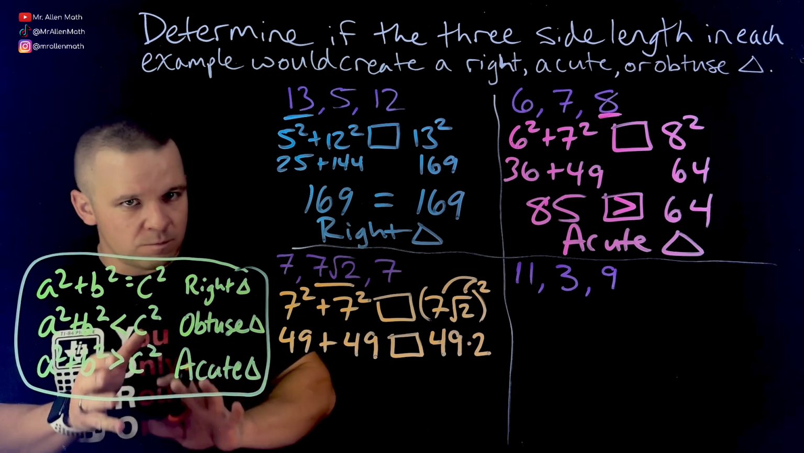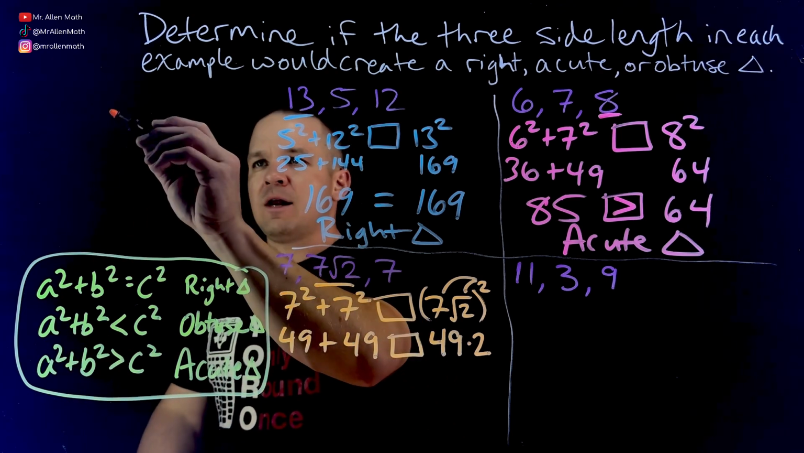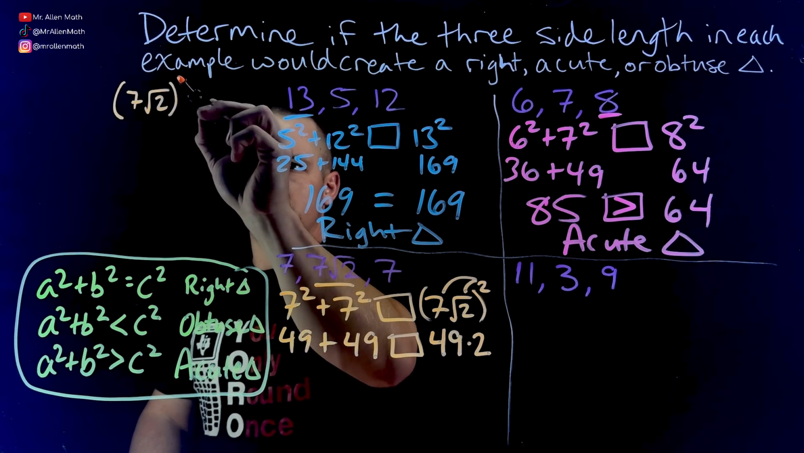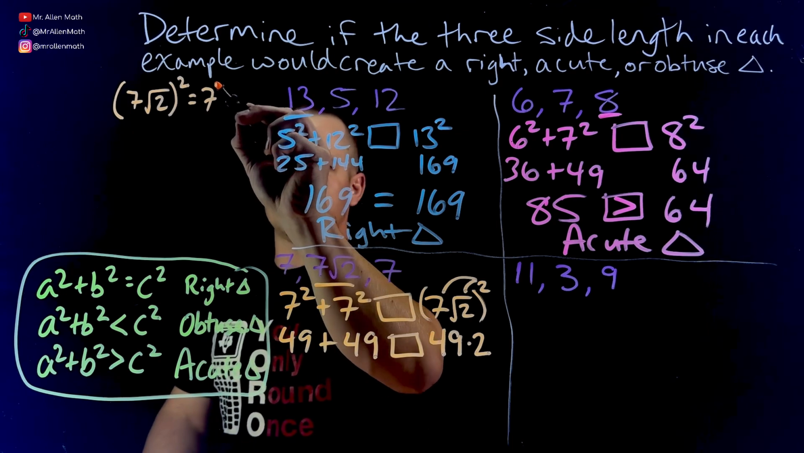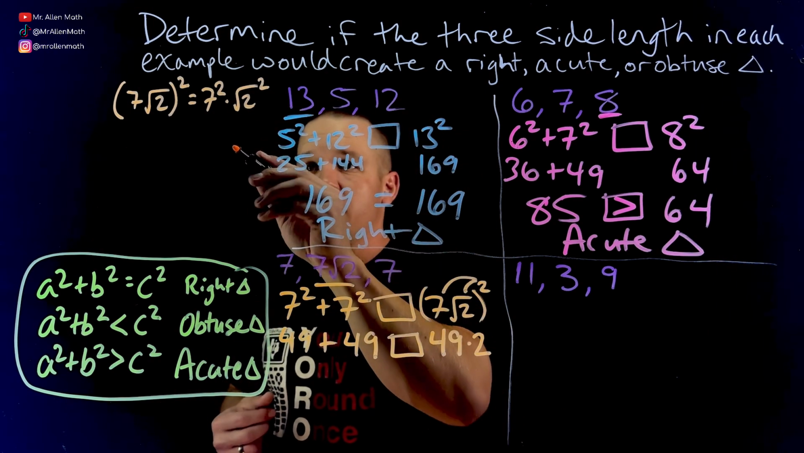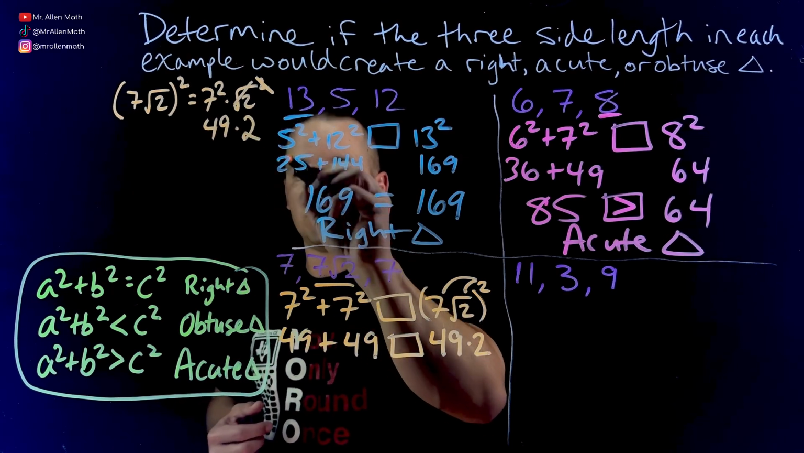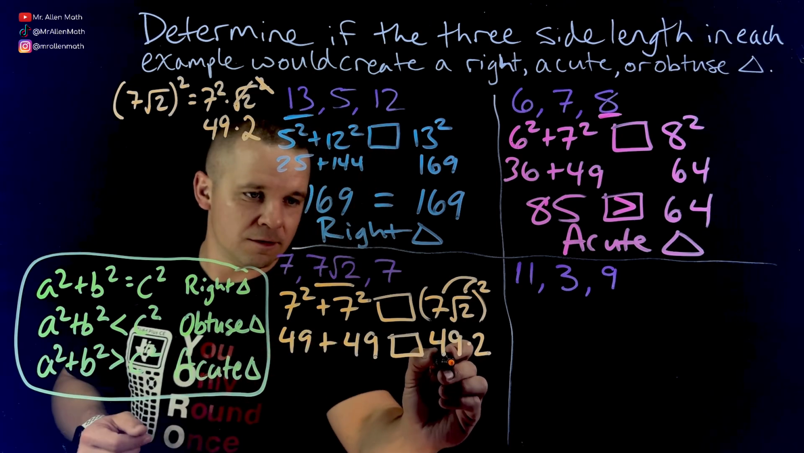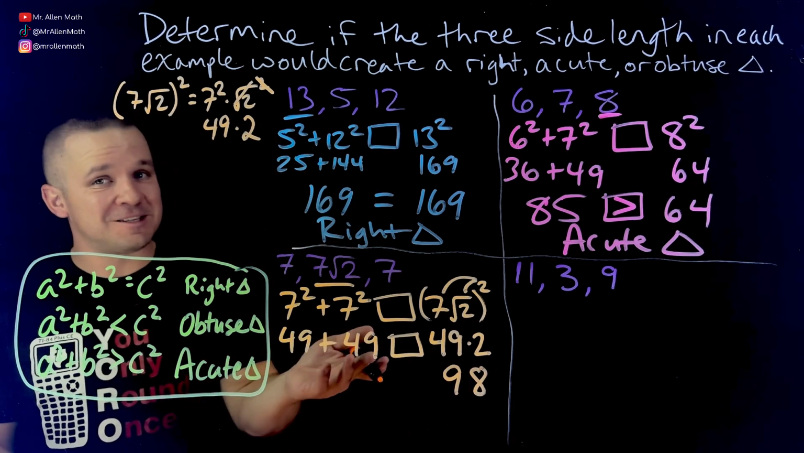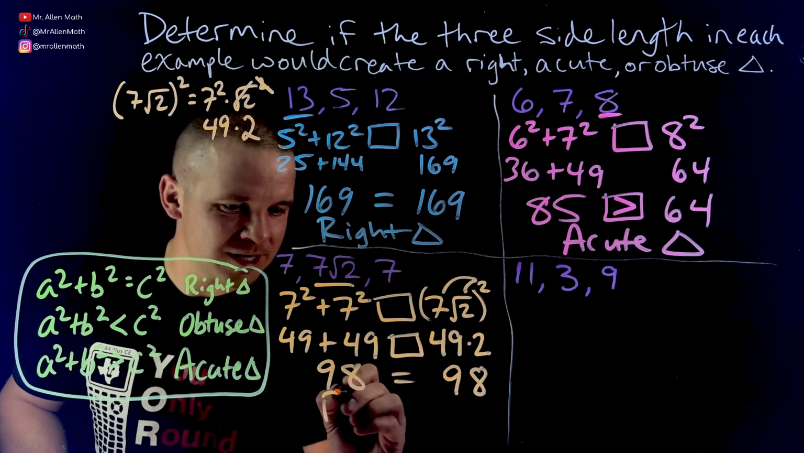A little bit of side math. When I do that, 7 root 2 is the same as 7 squared times root 2 squared. You can break it apart like that; you can distribute the exponent in. So I have 49 times 2, where the square root and the square cancel, which gives me 98 over here. 49 plus 49, isn't that the same as 49 times 2? It is. It's 98 right here. And these two are equal. It is a right